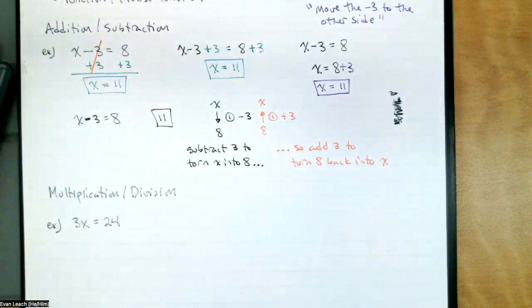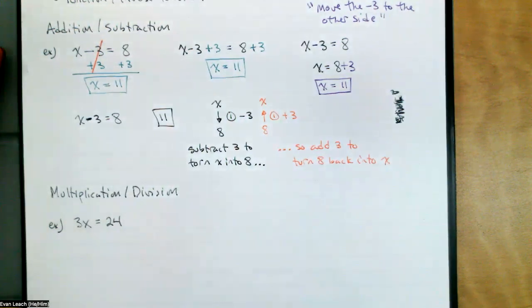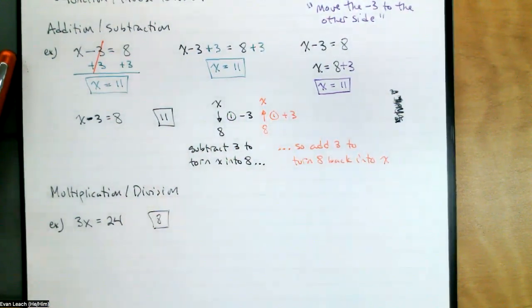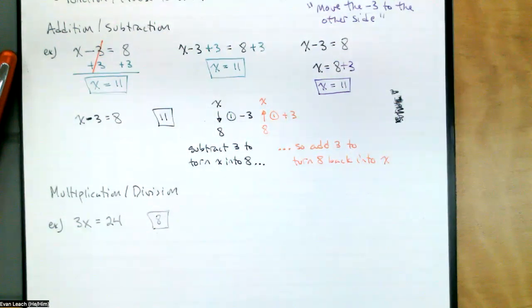If 3x equals 24, what must x equal? 8. This is all we need to write if I ask this question on a quiz or test or a final exam